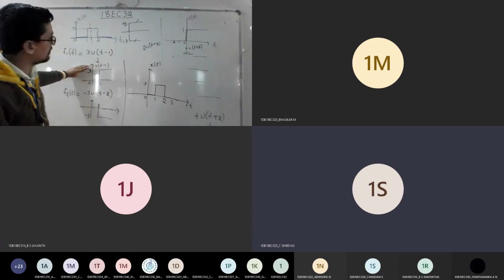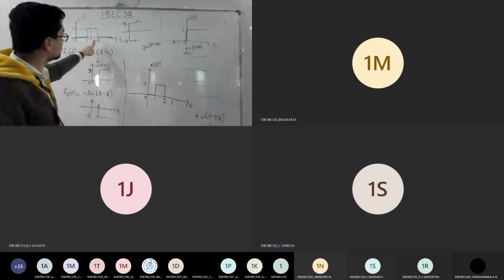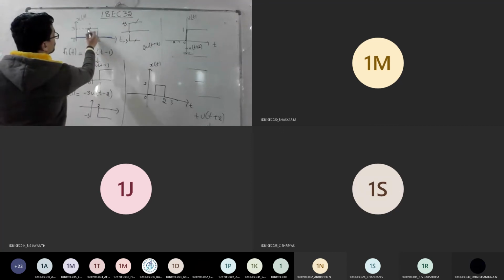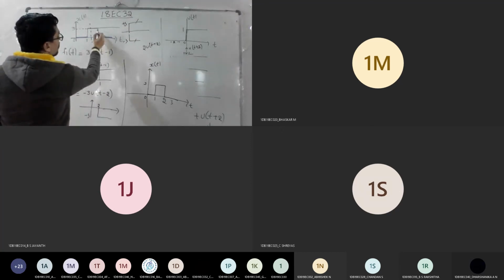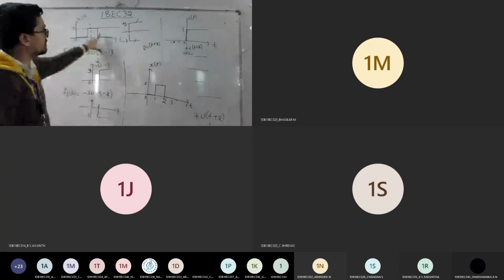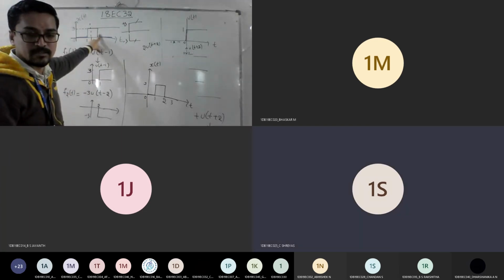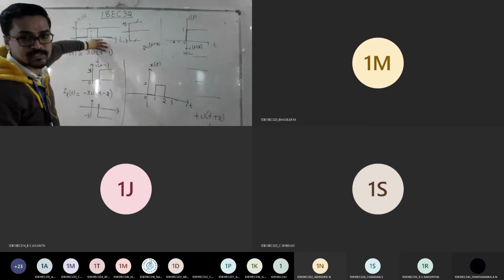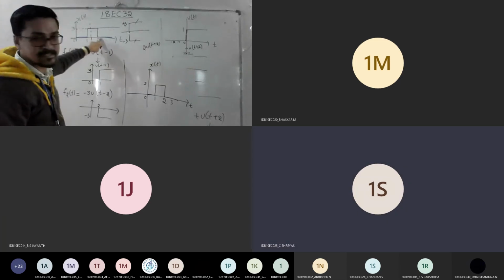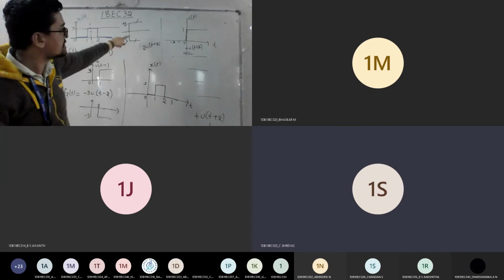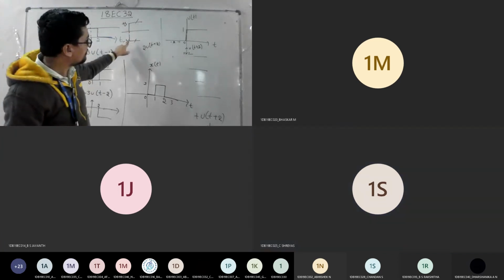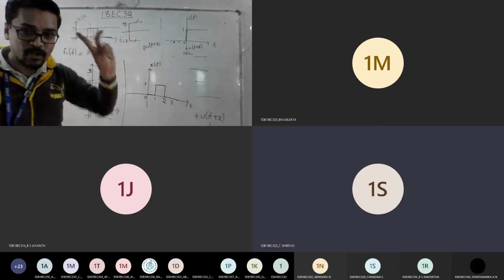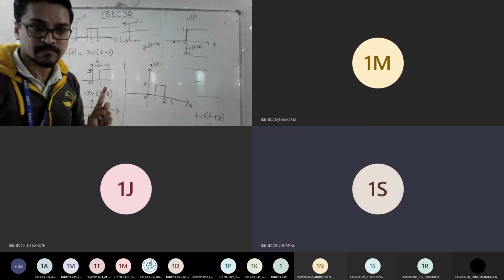Now think, I want to get the signal after 1, so it goes like this. From 1 to 2, one signal is going like this, and you have one more signal like this. Yes or no? So there should be some signal opposite to this, otherwise I can't get those two cancelled. See, one is going in this way; if I get one more in the opposite way, both will get cancelled, and then I can get this constant. That is what we should have in mind. Understood?